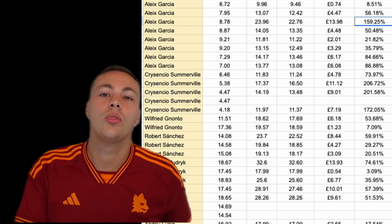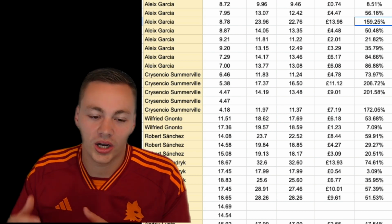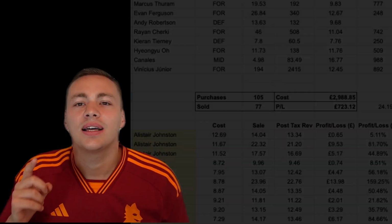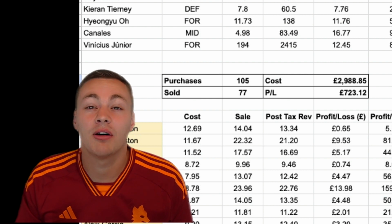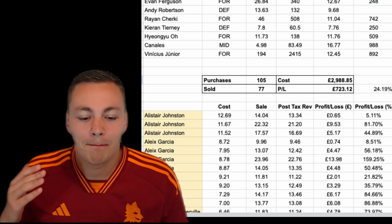Of course, I could have held them the entire way and made them all at 160%, but that's not how trading works. You want to be moving this money in and out as quickly as possible, making nice margins. That's a £723 realised profit then on an outlay of about £3,000, gives us about a 24% margin,